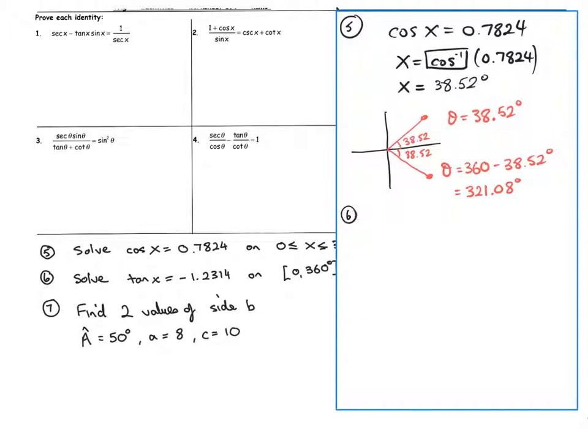Question 6, we've got tan x equals negative 0.2314. So x equals tan negative 1 of positive 1.2314, which equals 50.92 degrees,